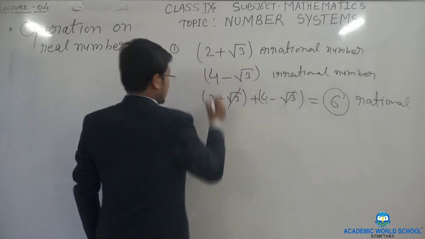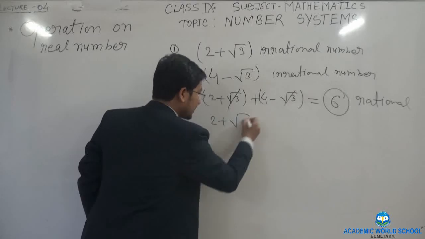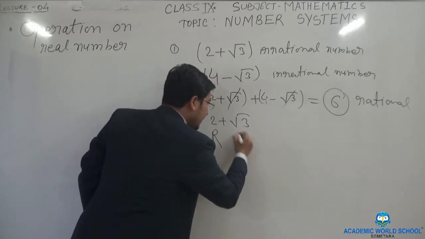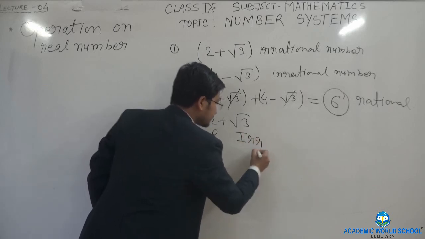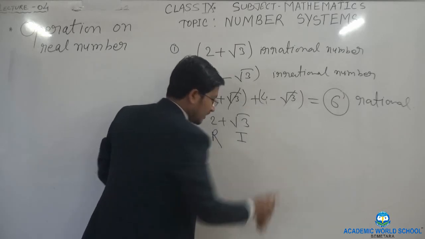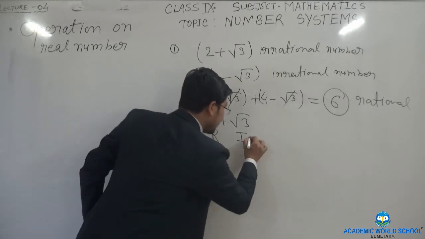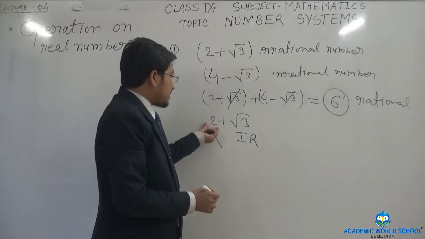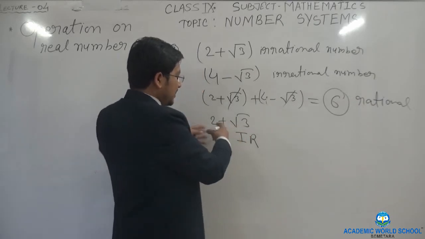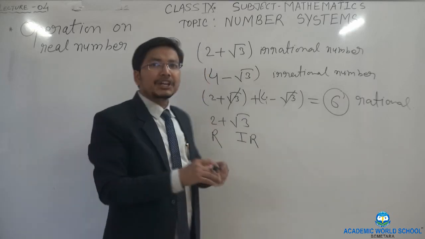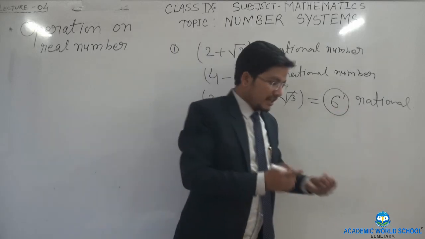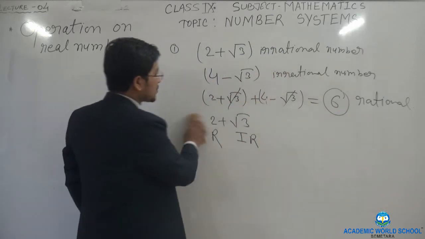This is 2 plus root 3. This is a rational number, and this is an irrational number. I will be writing capital I and R. So this is rational plus irrational, and I will be getting irrational. But when we are adding two irrational numbers, I can get rational. Likewise, if we are going to